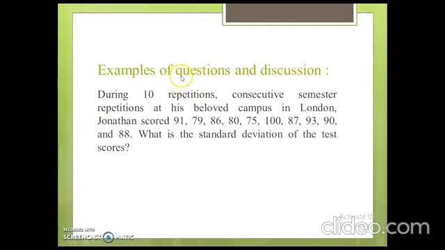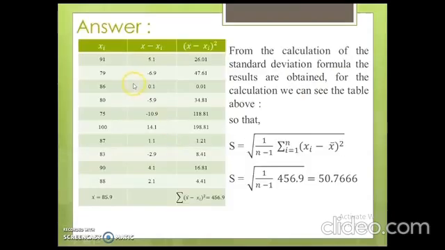Example question: in a term of consecutive semester tests at his campus in London, Jonathan scored 92, 79, 86, 80, 75, 87, 93, 90, and 88. What is the standard deviation of the test scores? Answer: